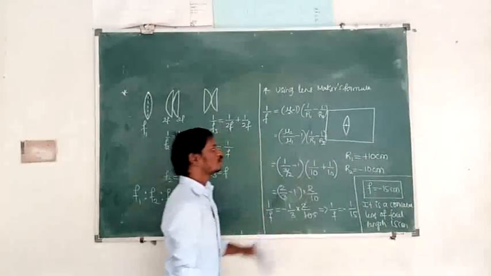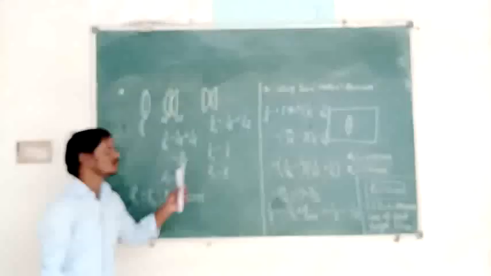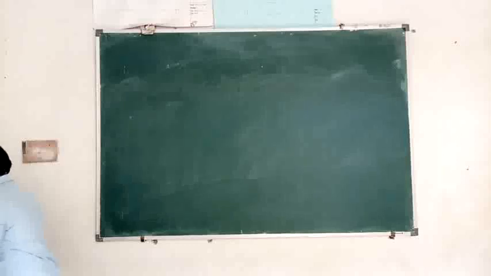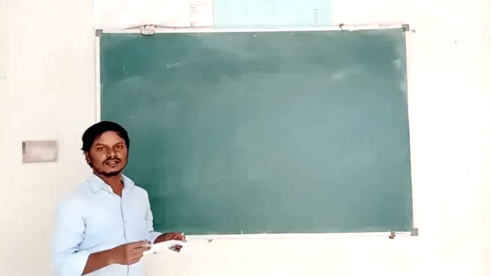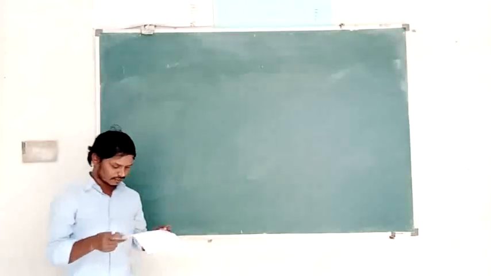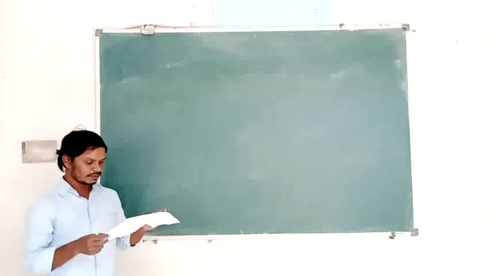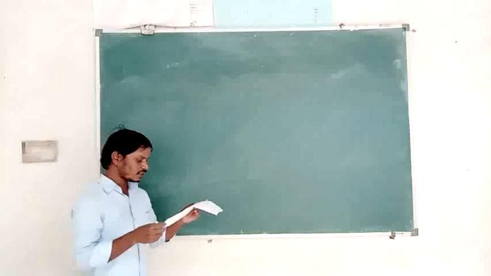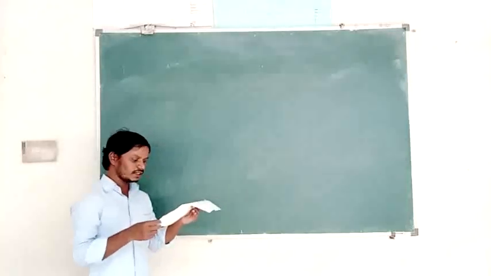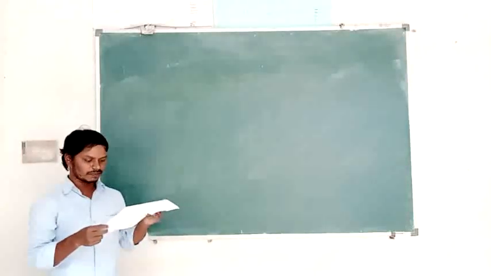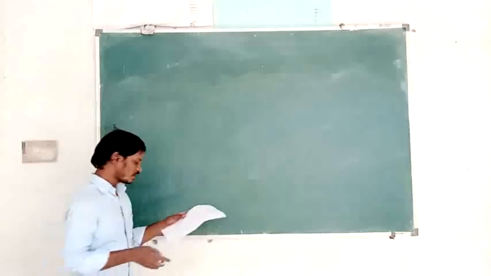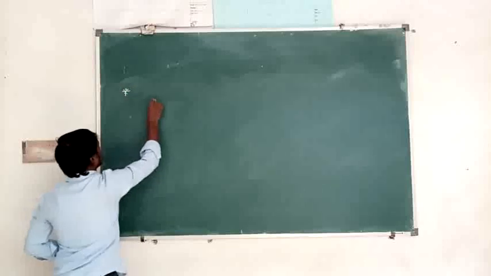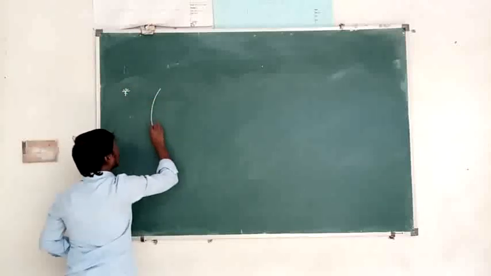So this is a very important problem related to the lens maker's formula. Next. Another question related to lens. A thin symmetrical double convex lens of power P is cut into 3 parts A, B and C as shown. The power of... Okay, so see here, there is a double convex lens given. It is a double convex lens.